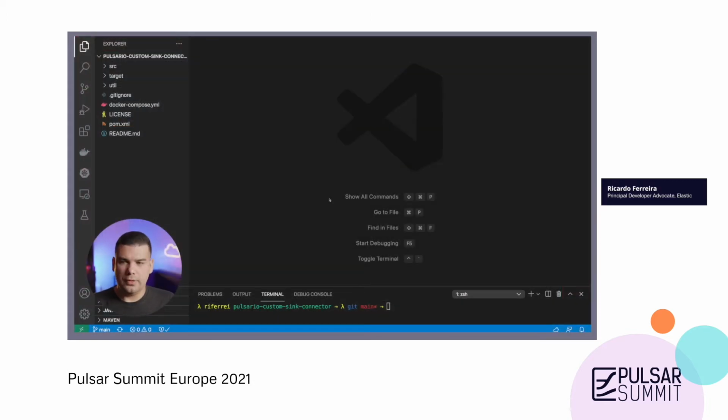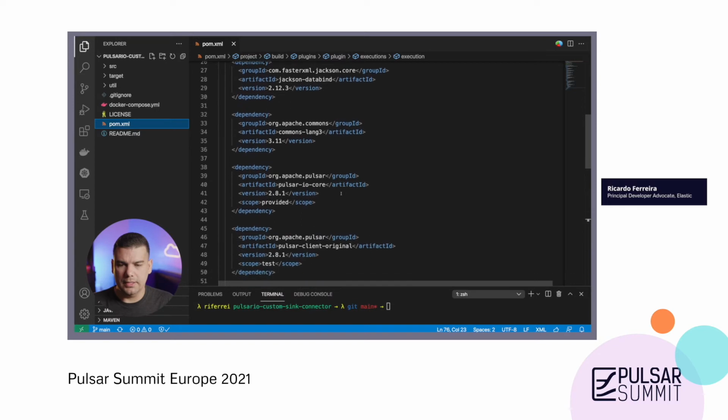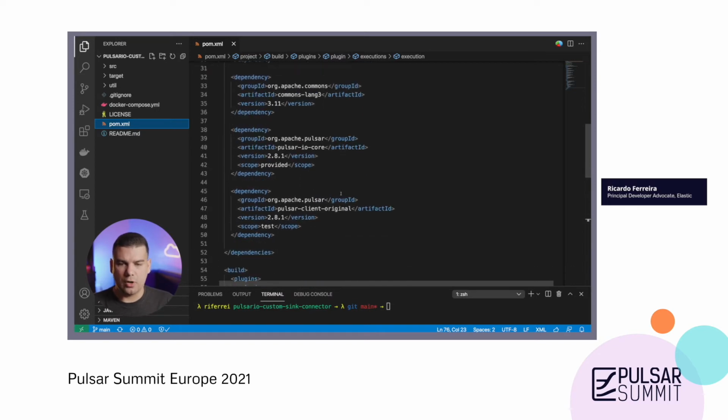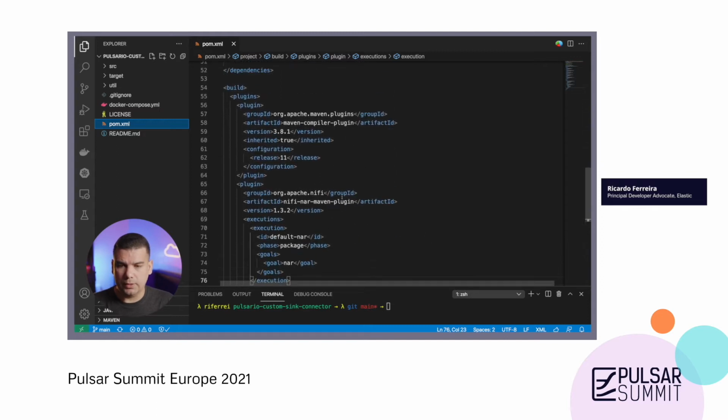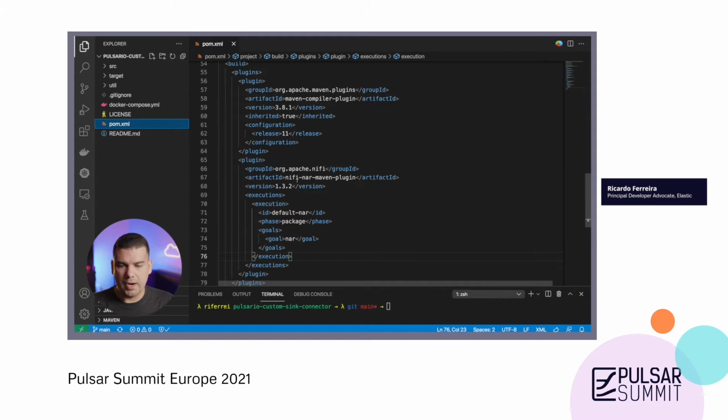The first thing you've got to understand about this code is that it is all based on Maven. So if you look here, you're going to see the pom.xml file that already contains some of the dependencies that you're going to need to start off the development of your custom sync connector. But most importantly, you're going to see that in the plugin section, there is this plugin called the NAR Maven plugin. As you may know, all the Pulsar connectors are based on this format, which is NAR, and it is your job to generate this